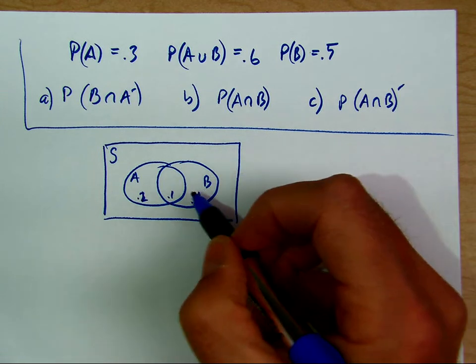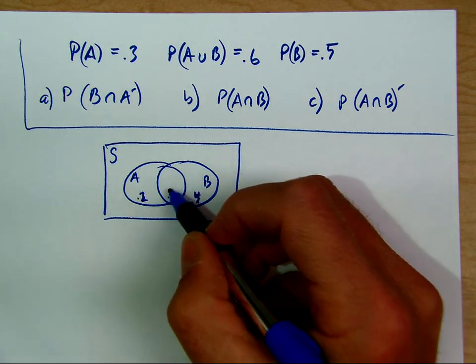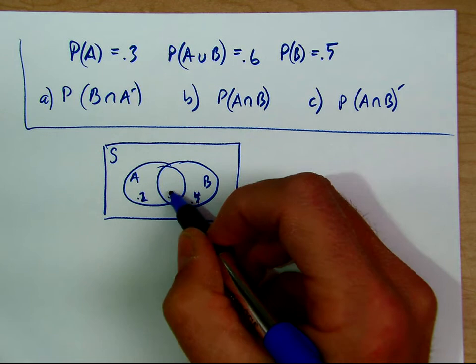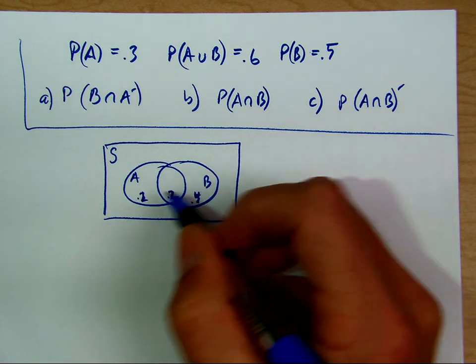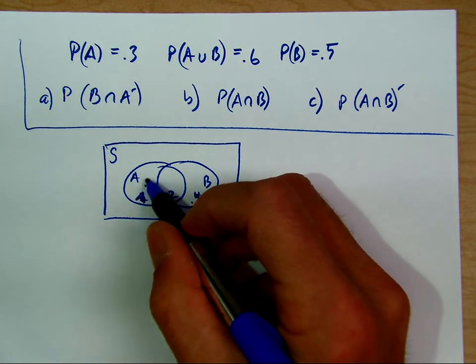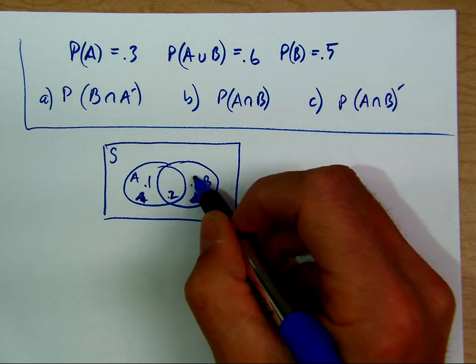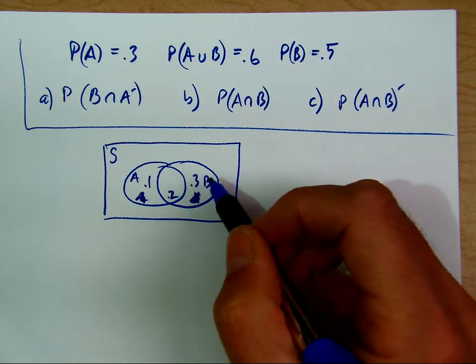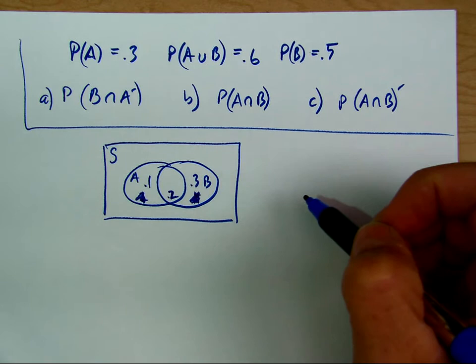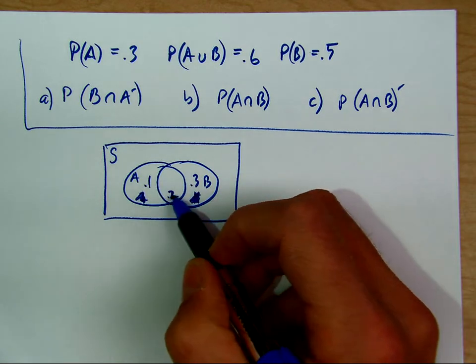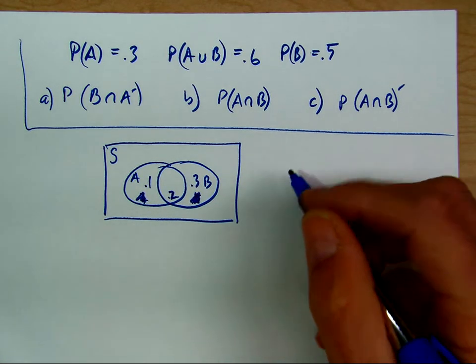No. Let's try. Right now it adds up to 0.7, so let's do one more. It's 0.2. That would make this 0.1, and this would be 0.3. And now the union is 0.6. So we have 0.1, 0.2, and 0.3. We could also use the formula